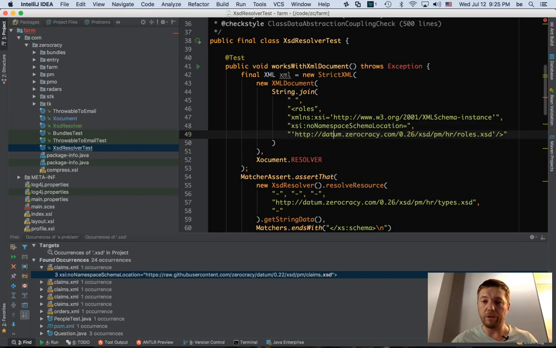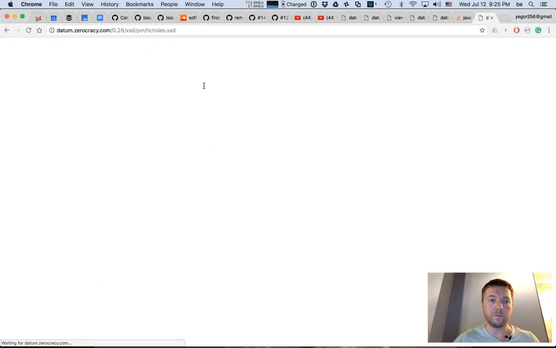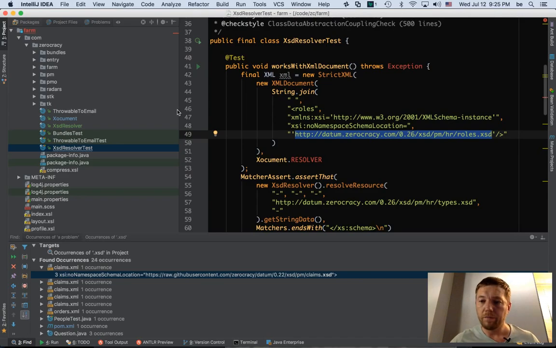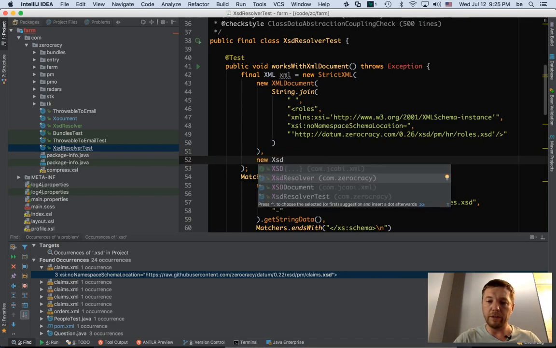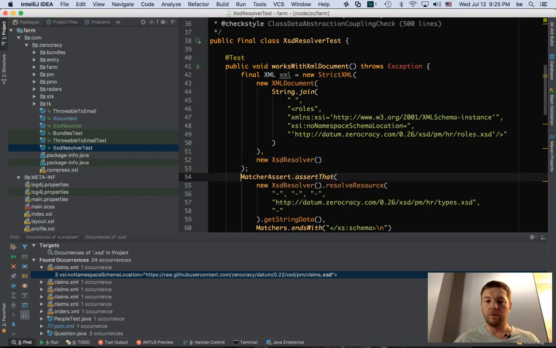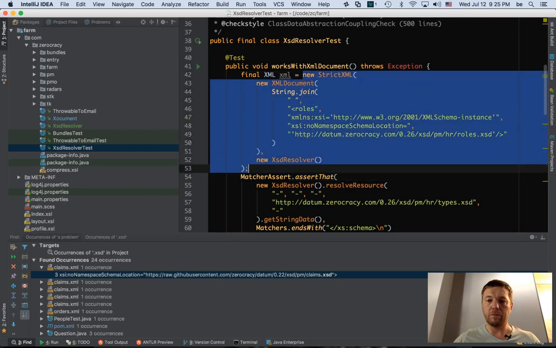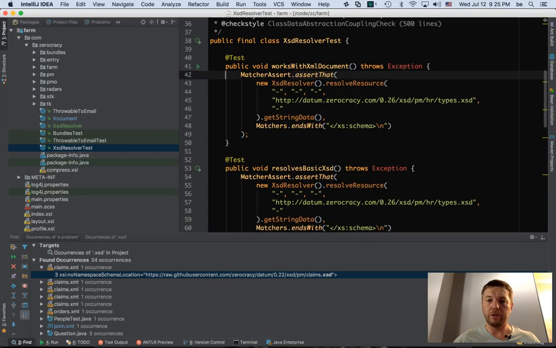Let's double check. Yes, it does exist. That should be enough. And here we use new XSD resolver. And that's enough. XML. Well, let's put it into the matcher assert.